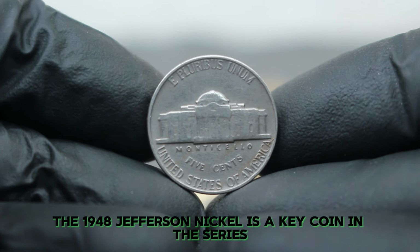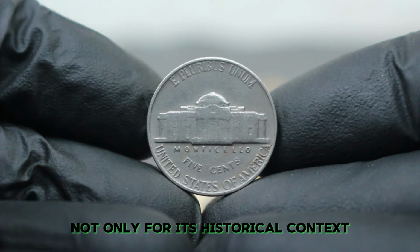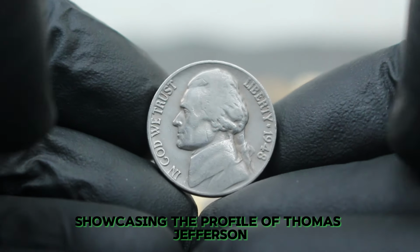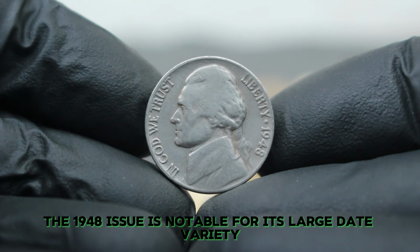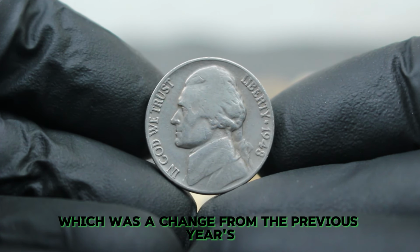The 1948 Jefferson nickel is a key coin in the series, not only for its historical context but also for its collectible value. This particular nickel features a prominent design by Felix Schlag, showcasing the profile of Thomas Jefferson on the obverse and Monticello on the reverse. The 1948 issue is notable for its large date variety, which was a change from the previous year's small date